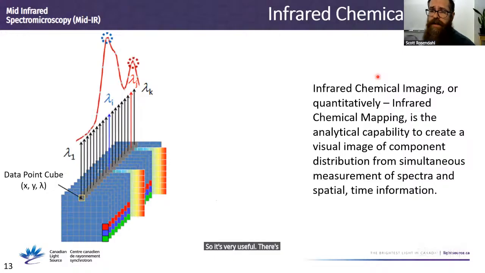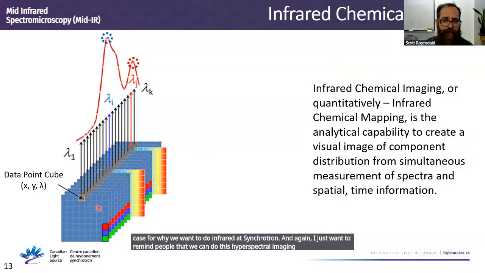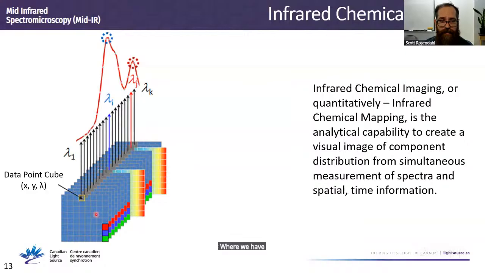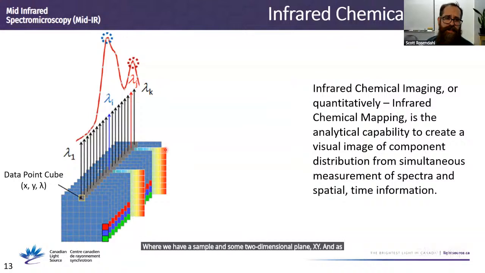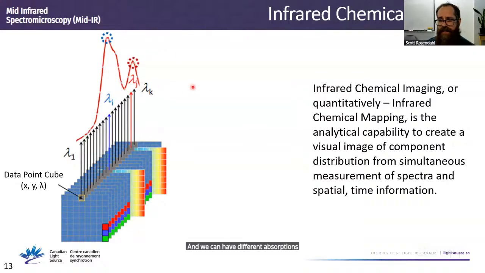What's also useful is that we could do imaging with spectroscopy. And this is, again, starting to build the case for why we want to do infrared at synchrotrons. And again, I just want to remind people that we can do this hyperspectral imaging, infrared, where we have a sample on some two-dimensional plane, X, Y. And as we go into the page here, we have a full-on energy spectrum, and we can have different absorptions based on that, giving us that spectral microscopy of our